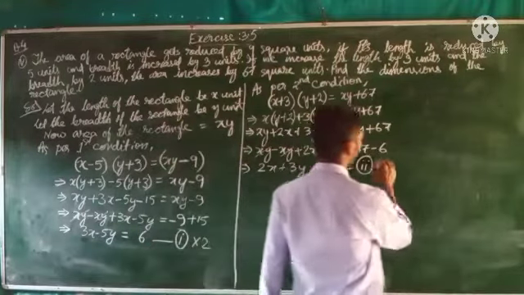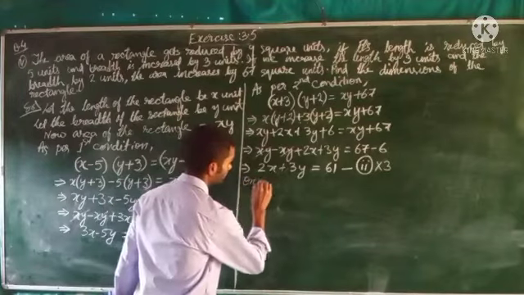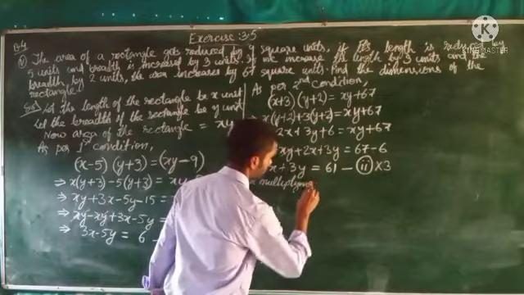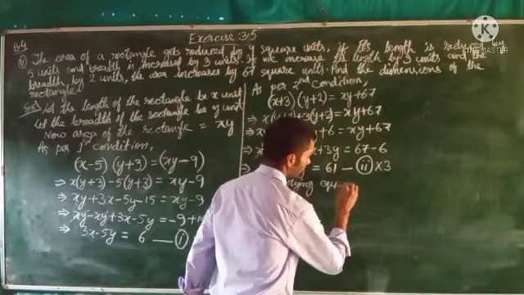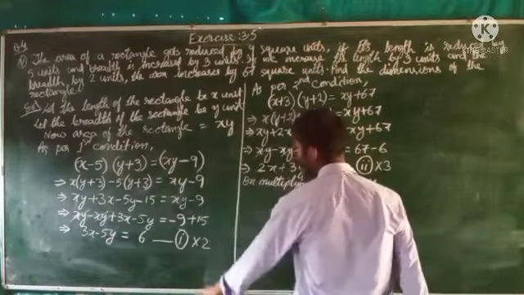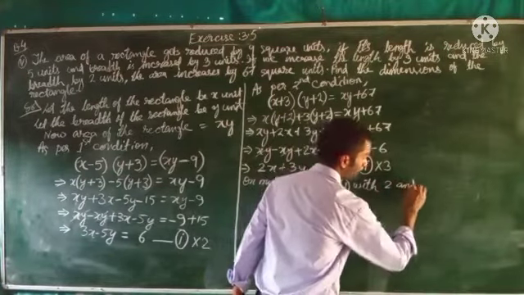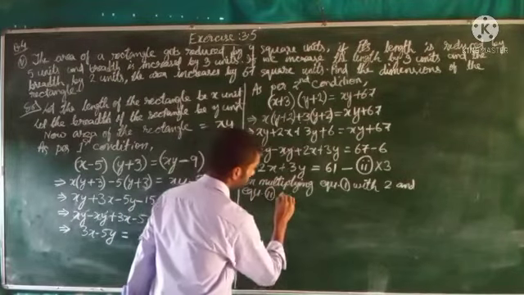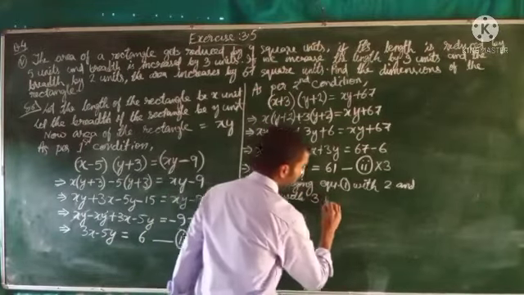So now we will write here, on multiplying equation 1 with 2 and equation 2 with 3, we get